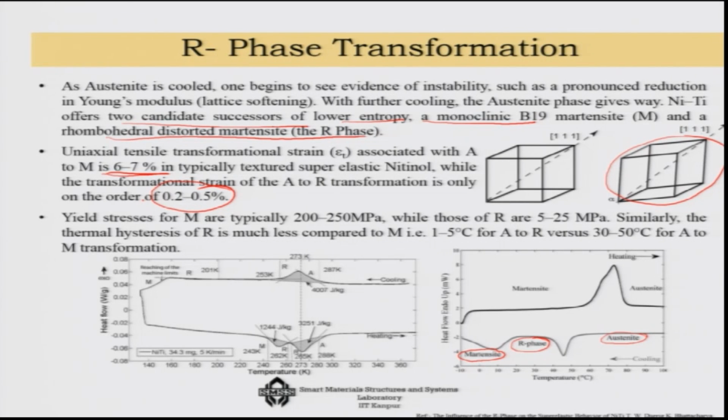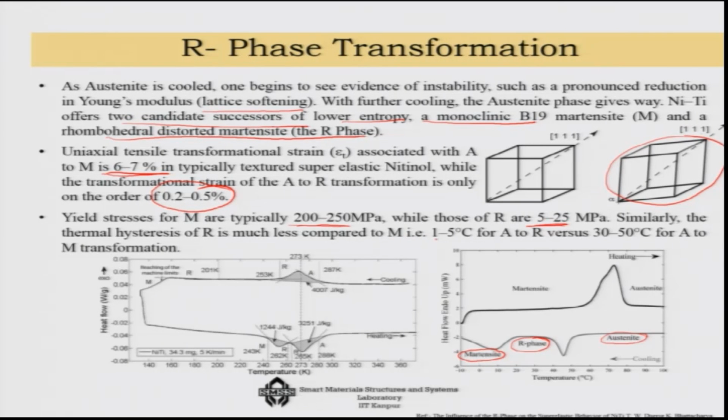So, that is why it is not very significant, but today people are coming up with some good thermal sensing, thermal sensor developments etcetera, based on the R phase. The yield stress for the Martensite phase is 200 to 250, whereas at R phase there is a lattice softening that is there. So, it is only about 5 to 25 megapascal,